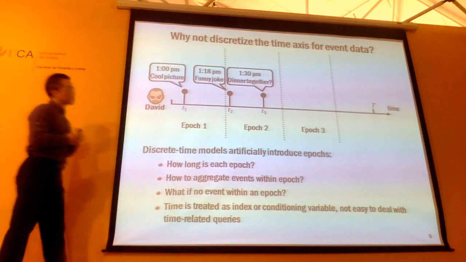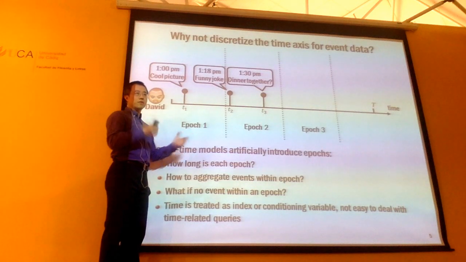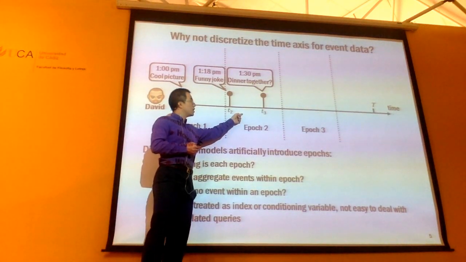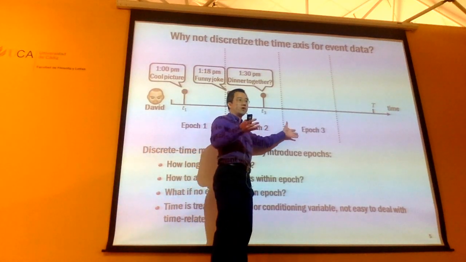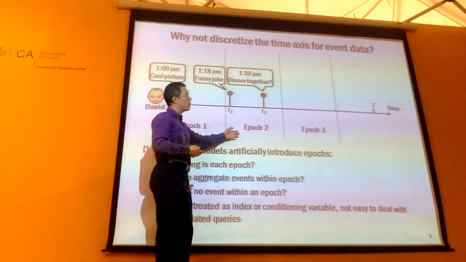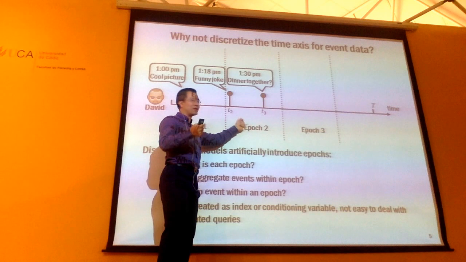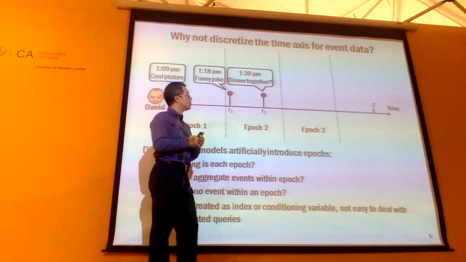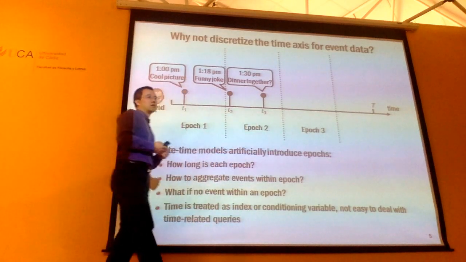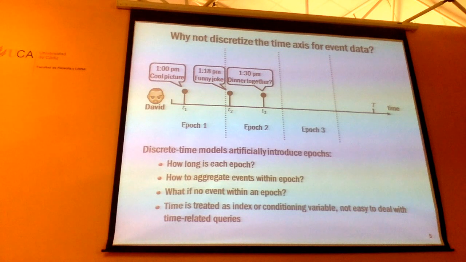The second problem is once you fix some epoch length in your data, in this type of event data, you'll find that sometimes in some epoch you will have more than one event. And sometimes in some of these epochs you have no events at all. So then you wonder what do you do with it. For instance, in the case where you have more than one event in one epoch, you'll have to aggregate it. You have to do something, okay? You don't know what is the best to do. And when you have no interaction, are you going to assign 0 or some other information? That's another design choice you need to make, which is not easy.